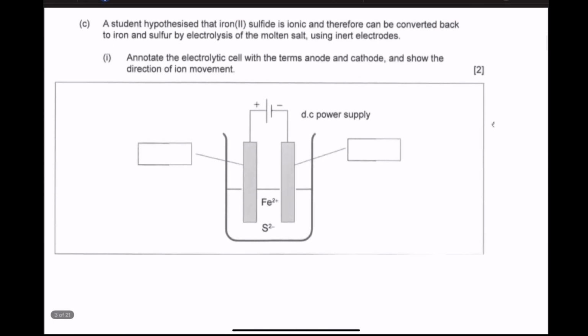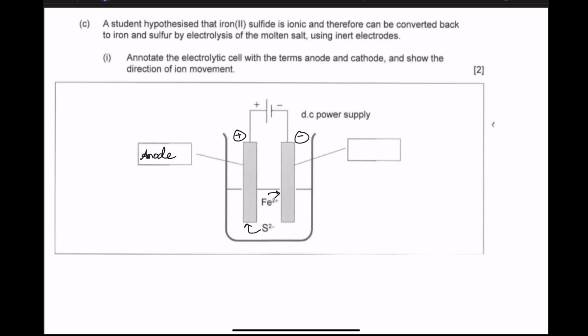Now coming to part C. So student hypothesized that iron sulfide is ionic and therefore can be converted back to iron and sulfur by electrolysis of molten salt. That is correct. The direction of current. This is the positive terminal, this is the negative terminal. S2 minus will be attracted towards the positive terminal. Iron will be attracted towards the negative terminal, right? So here you have to identify which one is the cathode, which one is the anode. The positive one is the anode